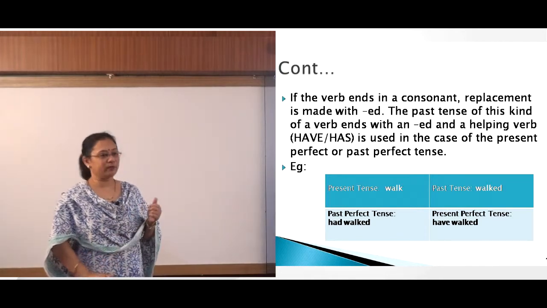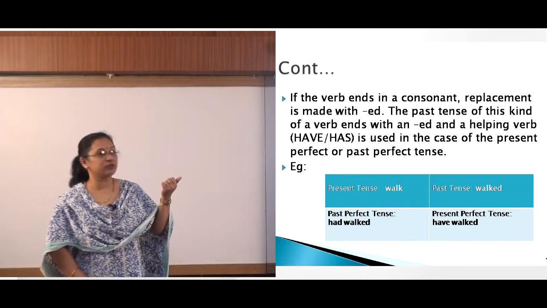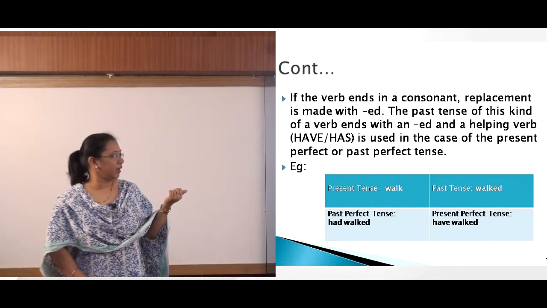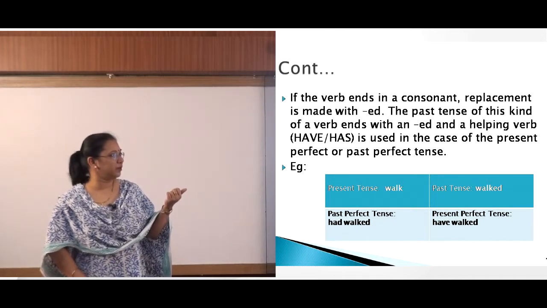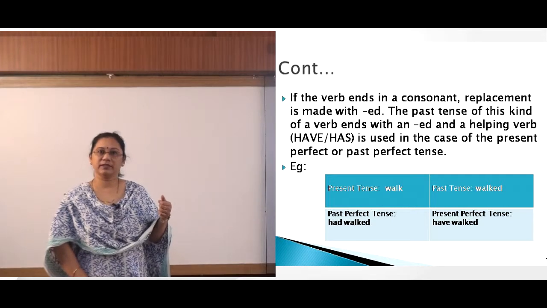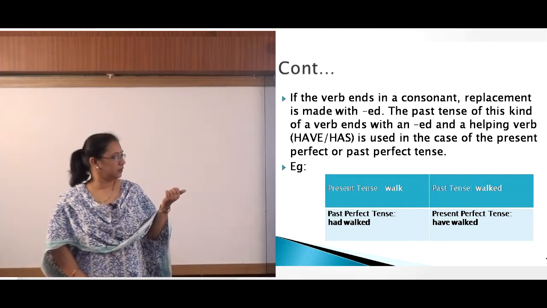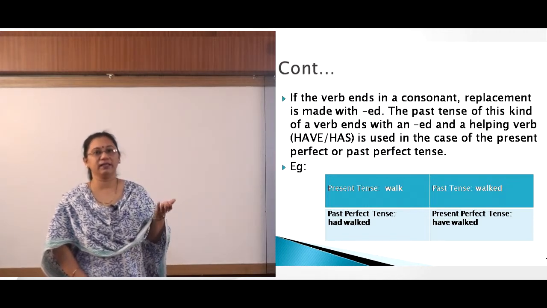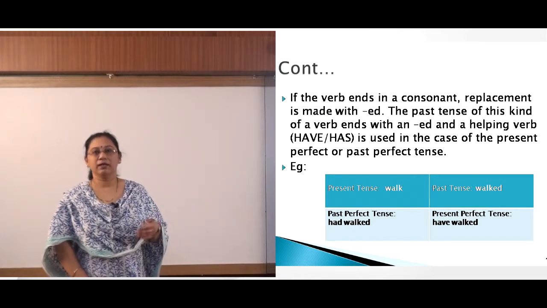Alright. So I have the same example here again in the different forms. In the past tense, I have walk, which becomes walked with an ed. And then I have the past perfect tense where I have had walked, where had is a helping verb, and in the present perfect tense I have walked, in which again have is the supporting or the helping verb. Now remember, walk is a verb, I have added ed to it, and k is a consonant there. I hope this is clear to you. Now let me move on